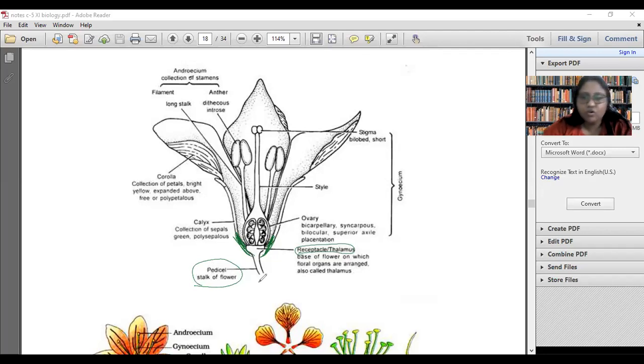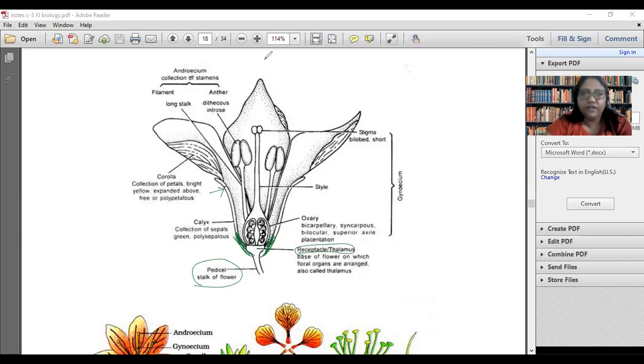Okay. So if we start, pedicel is not included as a part of flower, but it is the part which is joining flower with the stem. In flower, there is a thalamus or receptacle. Then there will be calyx, corolla, androecium, and gynoecium. You can see this is the calyx. Generally, thalamus is not visible because it is folded by the calyx. Corolla is there. Now I wish to elaborate much on androecium and gynoecium.